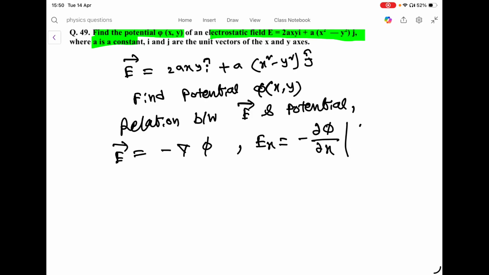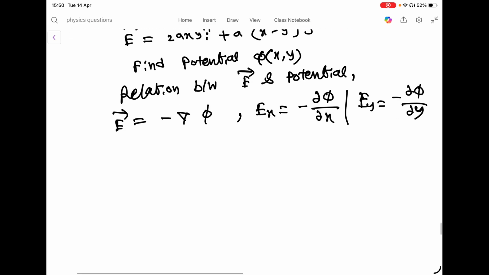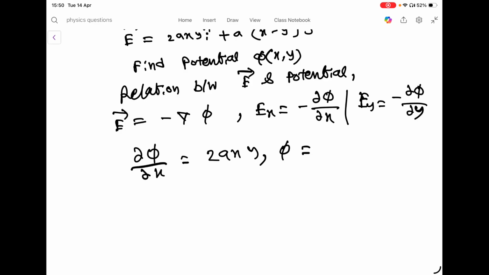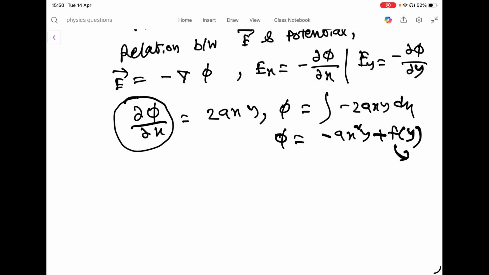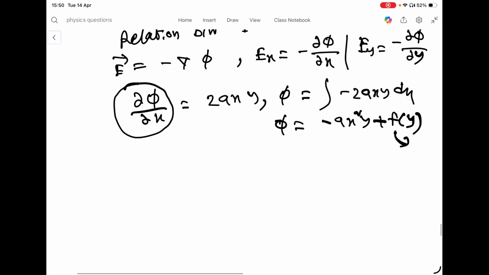and what will be the Ey? Ey will be minus del phi by del y, right? So try to find del phi by del x equal to 2axy, and if we integrate these things, phi will become minus ax square y plus f of y. f of y is the function of y, because here we are taking the partial derivative with respect to x. Okay, so the constant will become a function of y,